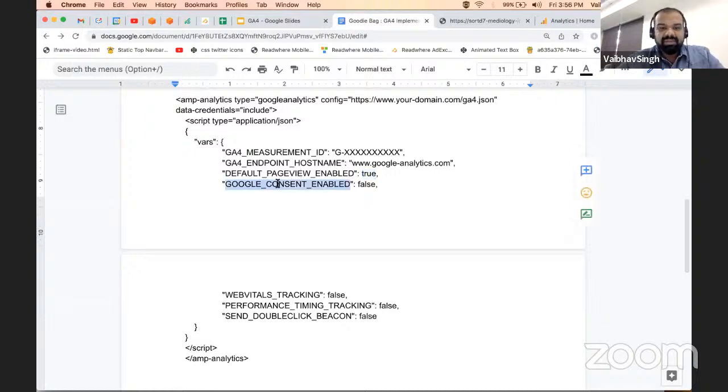There's one more thing which we've added, which is Google consent enabled. This is still in the formation part. Google consent will take the analytics allowed by the user on their devices and only track that percentage. As privacy becomes more and more a concern of the end users and of the brands as well, this consent actually provides a good layer of security for users, not only users, but for website owners as well.